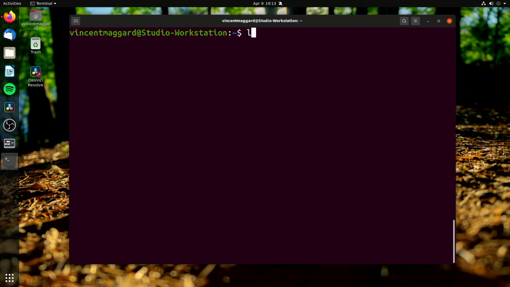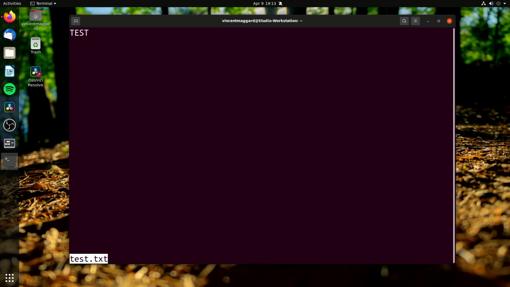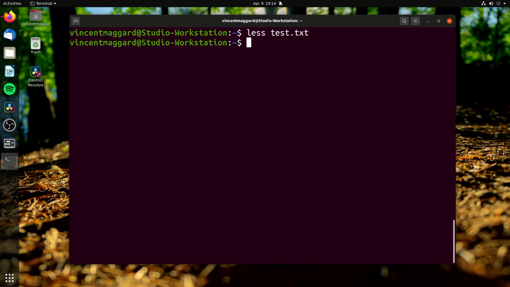Now, if we compare this to less, this is what happens when we use less. I just hit enter and I can go to the next page. Less, when I give it a file, actually lets me scroll through it. So for example, I can now use my up and down arrows and go back and forth. As you can see, there's not really a lot of scrolling going on here, but there could be. Pretty cool, right? So that's how it works. And so now I can hit the Q key to exit.